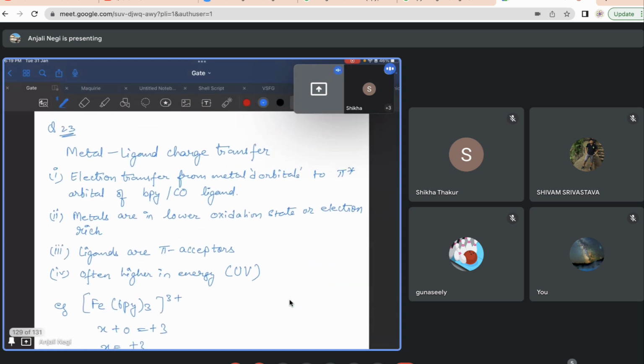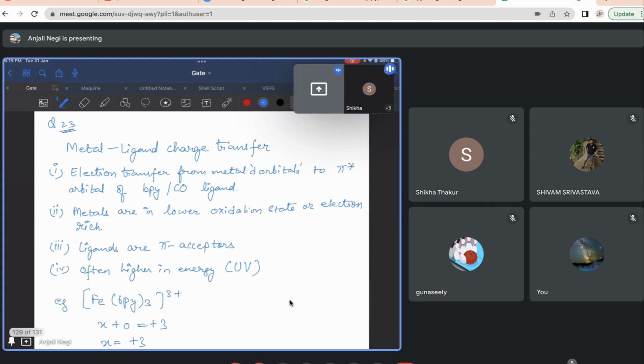So the particular problem that I have in my hand, since you have gone through the LMCT charge transfer in the previous video, in this one I will only be discussing the metal to ligand charge transfer, and I hope you will understand the difference. It's very simple. So let's quickly go through the MLCT charge transfer, that is the electron transfer from the metal